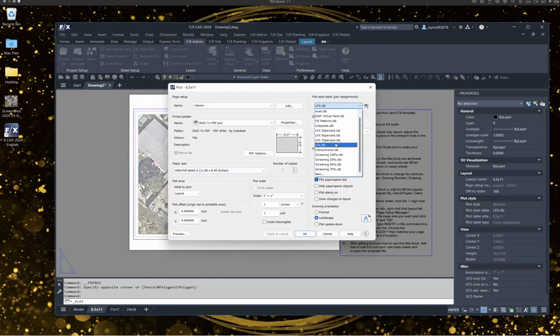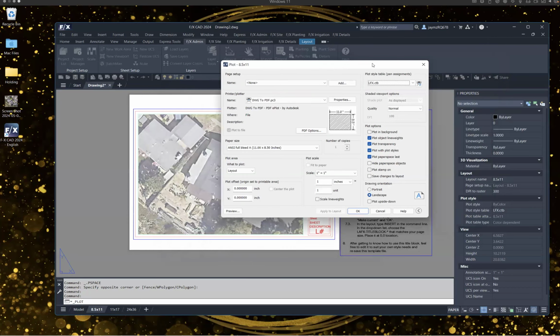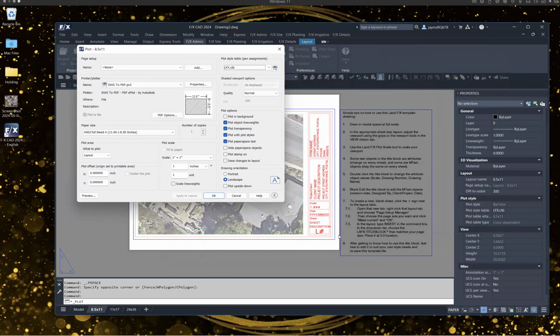if you want. What the CTB file is essentially doing is it's telling the system how heavy to print a line. Basically, it assigns the line weight based on the layer that the line lives on. So in this case, we have our title block here, and it's got multiple lines on different layers. So you can see some of the lines are blue, some of them are this pinkish color. Based on your CTB, the system is going to assign a line weight to those based on their layer.